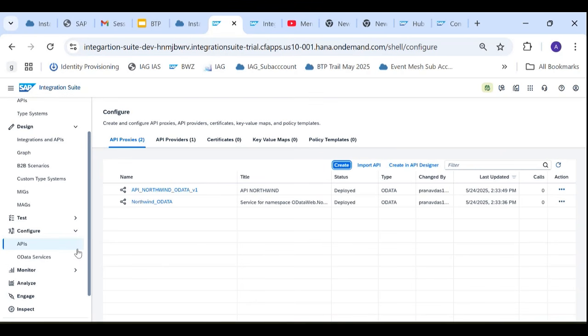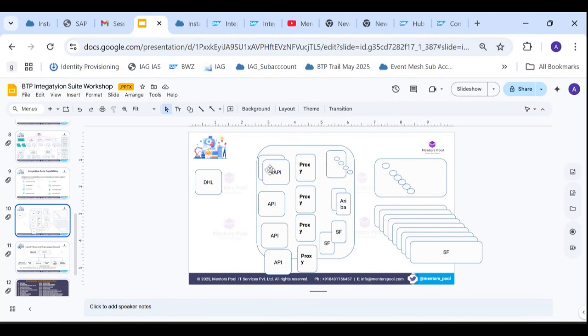And then that API proxy I will bundle in a product. So guys, I don't have time to go and show all of that product. And why will I create a product? There is a scenario in which APIs are needed from this. So for that particular scenario, I'm creating one product. For another scenario, I'm creating a second product. For another scenario, I'm creating a third product. Right? So you'll add an API provider, you'll create a proxy, and then also